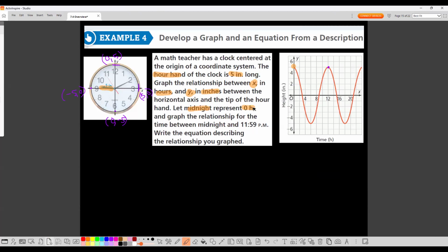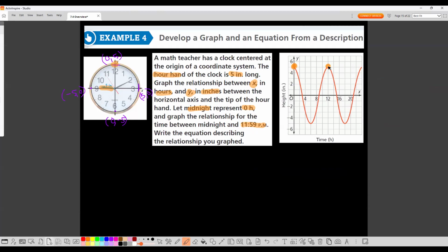That midnight represents 0. So this point up here is for midnight. We're straight up here at 5 inches away. And then as the hours go around and up till noon, at noon, wouldn't the hour hand end up back? If this is midnight, that hour hand is on the 12, and at noon, wouldn't it be back on the 12? So if we went 12 hours later, midnight to 12 p.m., that would give us this cycle of the